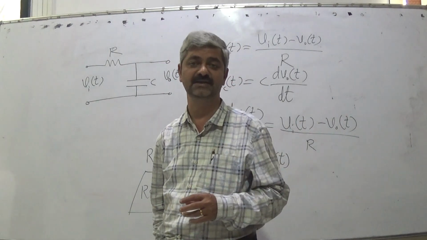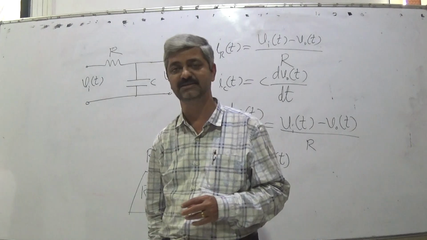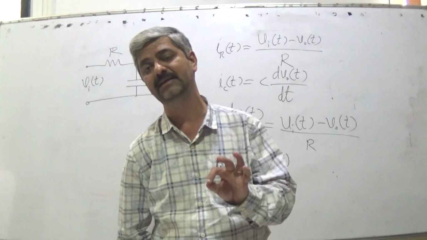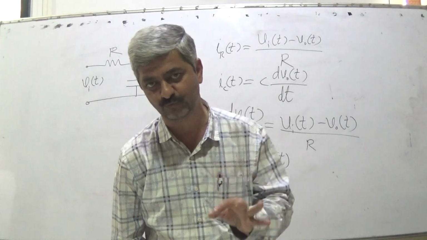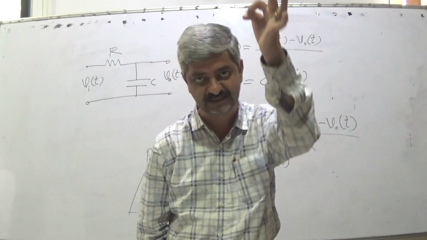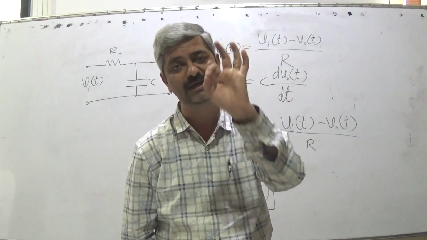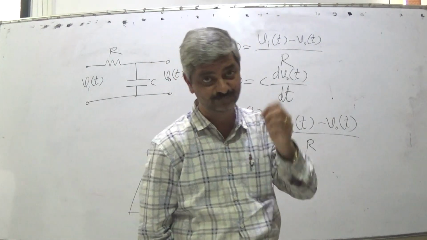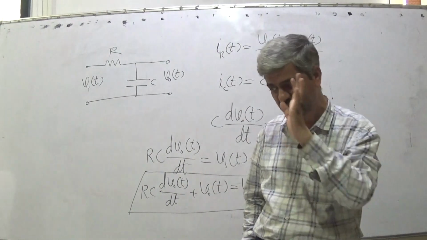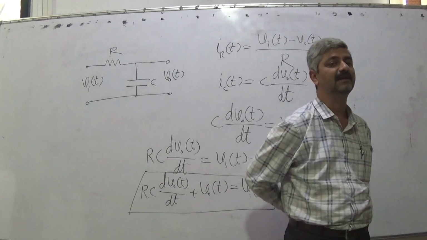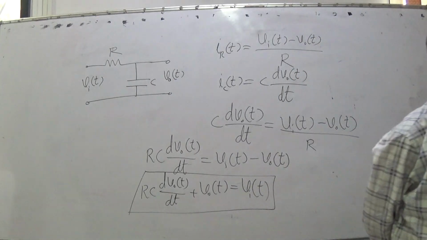When we have a circuit which includes only resistances, we have a complete equation in which all things are in their first order, so when we get an expression for voltage in a resistive circuit, we get a unique solution. Whereas the moment a capacitor element comes,